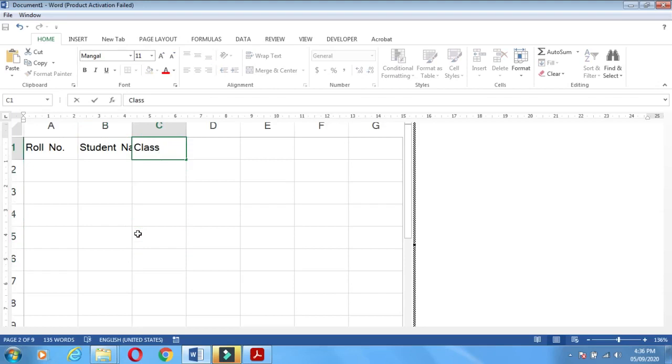Dinesh, Ramesh, Jayesh, 10th, 9th, 8th. So in this way you can make the Excel sheet or insert the different application program in your